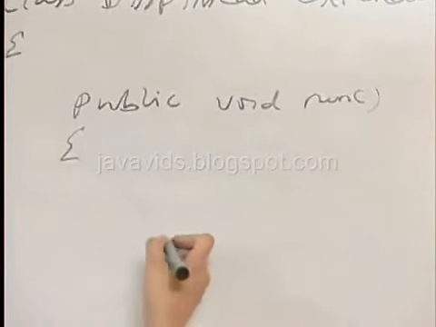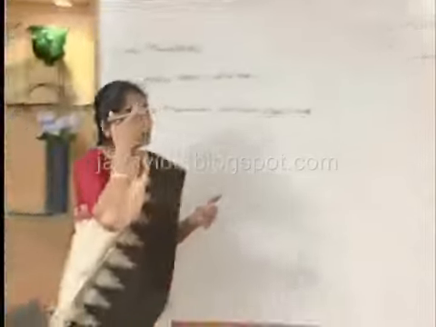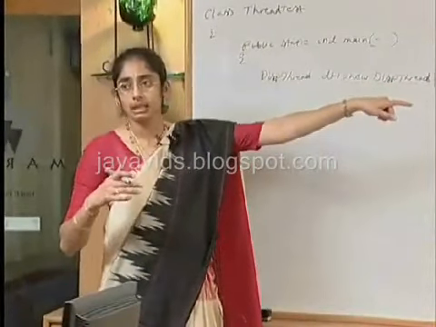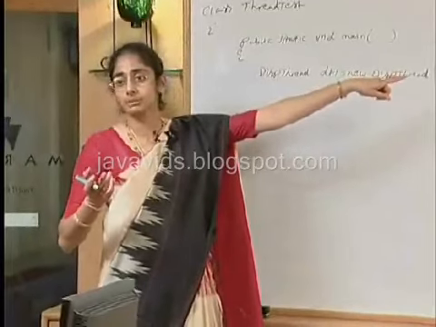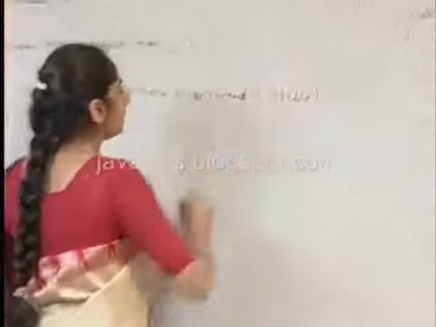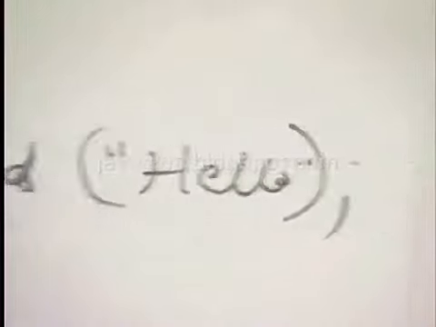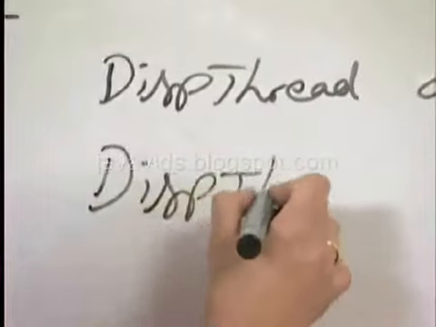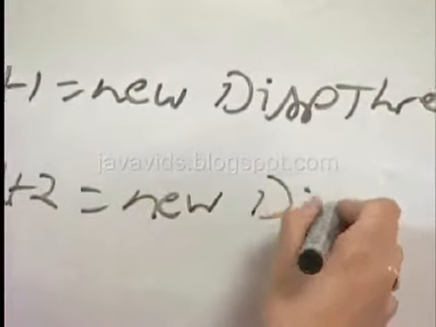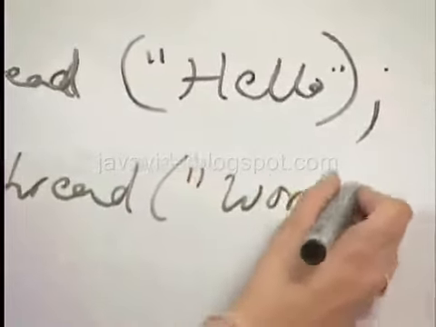In this run method, all we want to do is display hello, whatever the message. Now where is the message coming from? Remember, both the threads are going to execute the same run method. So if you want to have two different messages, we need to pass the message to DiskThread somehow, and that is through a constructor. Let's say hello will be displayed by DiskThread 1. And similarly, we will create another DiskThread object, dt2 is equal to new DiskThread which takes world,